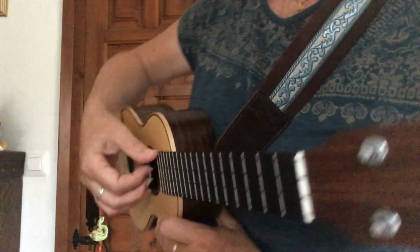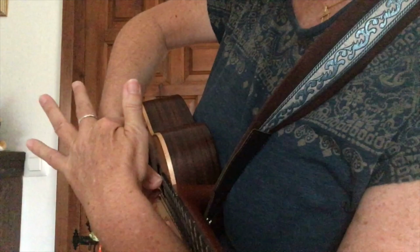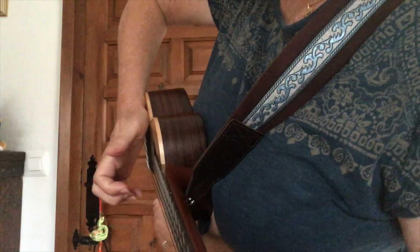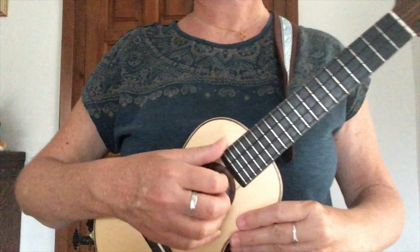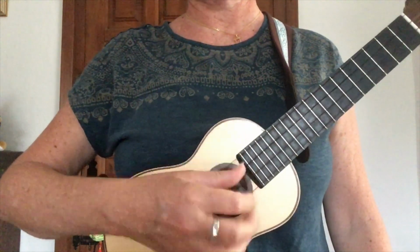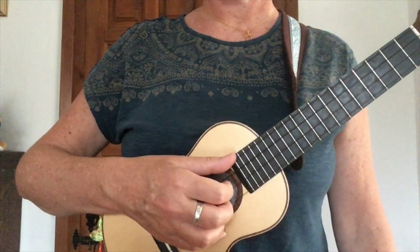Now, there's still a gap between the top of the ukulele and my hand, so I'm not touching the top. This is a really poor technique, because if you do this, you've created big angles for the fingers. You end up clawing at the strings, and then it's a bad sound, and it inhibits the movement of the fingers. So it's a very side-on position for the hand, and in this position I can use